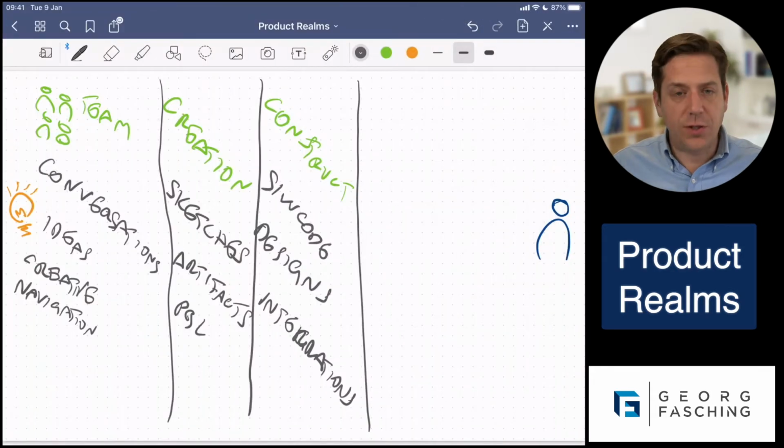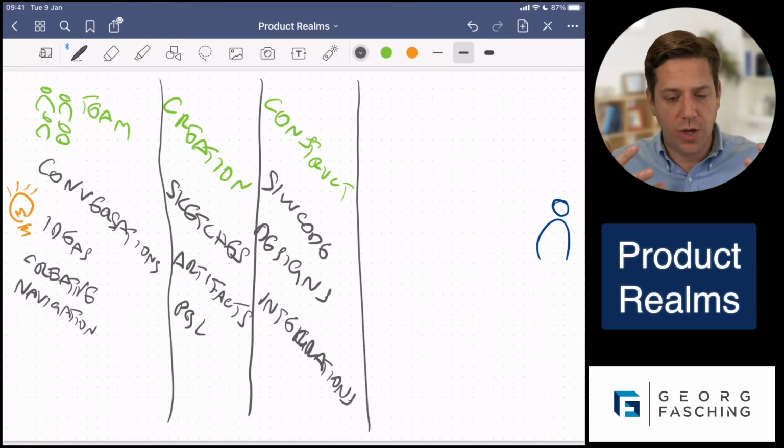And these integrations are what then would be constituting the product as it is being rolled out to the customer. So that would comprise our live product.